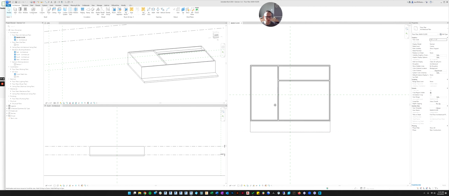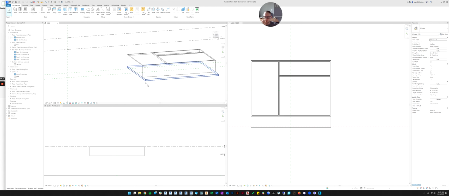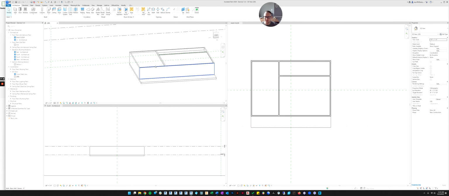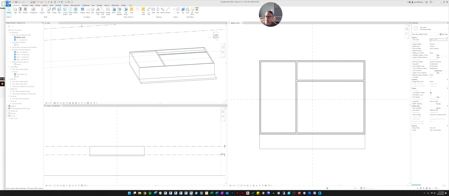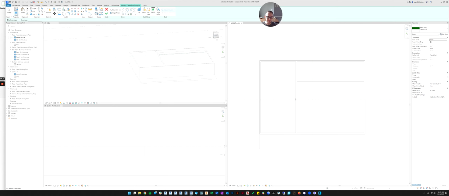Now we're ready for the roof. We've got a floor, we've got walls, we've got ceilings. Now this thing just needs a roof. So let's go back up here to the architectural tab and click roof. Now it's asking what level you want the roof to be associated with. We already created a level for the roof, so we'll just select roof and click yes. And we'll come over here and sketch our roof.